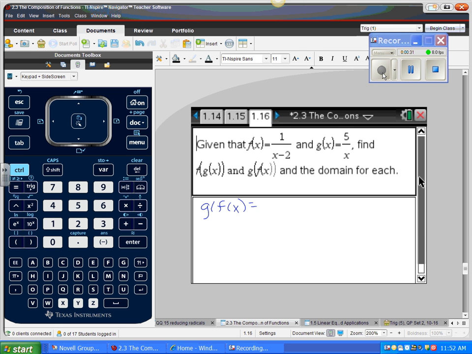We found it to be 5 over 1 over x minus 2. And when we were talking about this, we did the whole keep, change, flip, and we found it to be a nice linear function. Now, what I didn't pay attention to when I was doing this, and I apologize, is